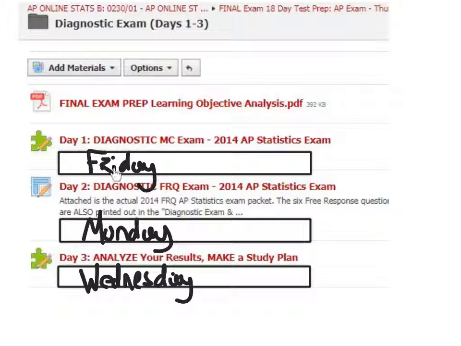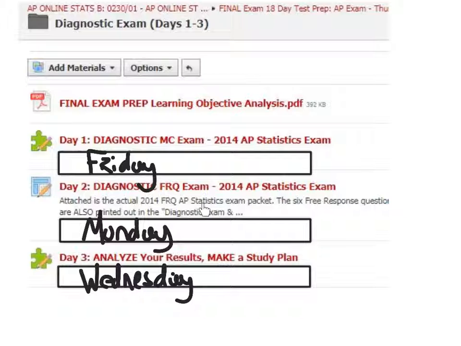Day 2 is then going to be the diagnostic for the free response questions. There's 6 free response questions. These are actually in your review packet. So here, get your calculator and formula sheet out. Sit down for another 90 minutes uninterrupted time. I would suggest this window to open up on Monday by the time, which is the deadline for multiple choice. Take Monday, Tuesday, Wednesday, sometime in that window to get 90 minutes to sit down and do your best to